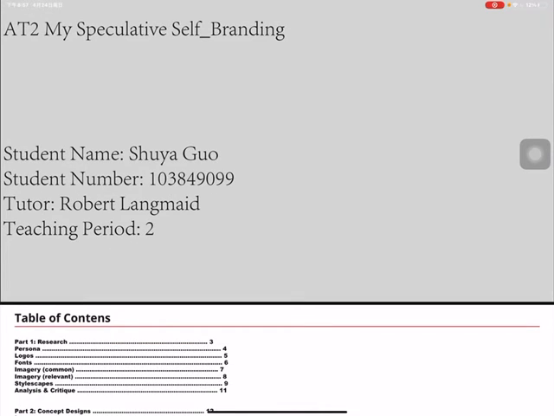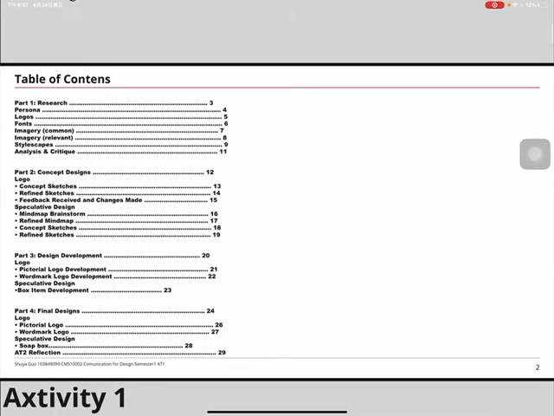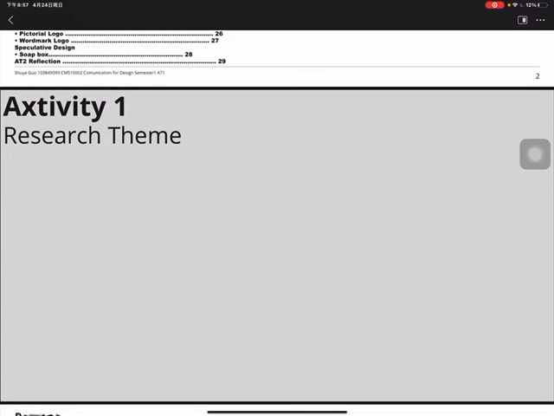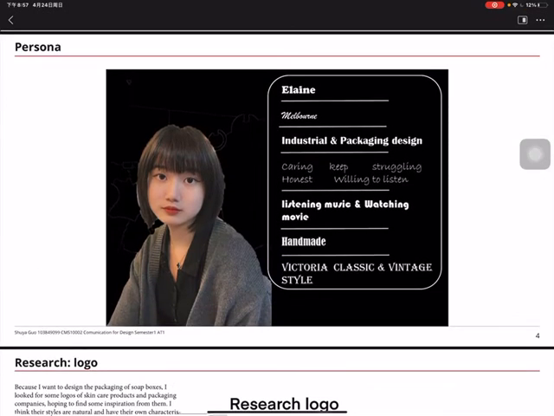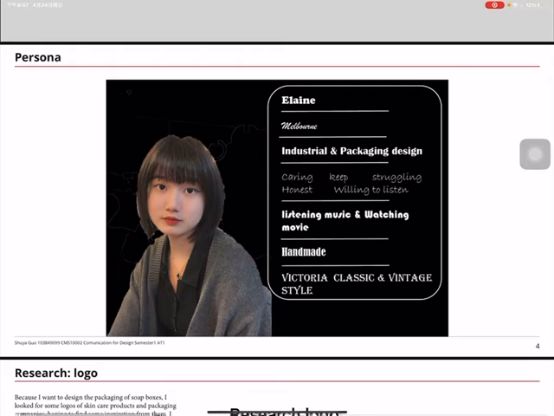Speculative self-branding. Here is my table of contents. You can clearly see all of the steps of my design. It is Activity 1, research theme. This is my persona. My name is Elaine, and I want to live in Melbourne and work in Melbourne